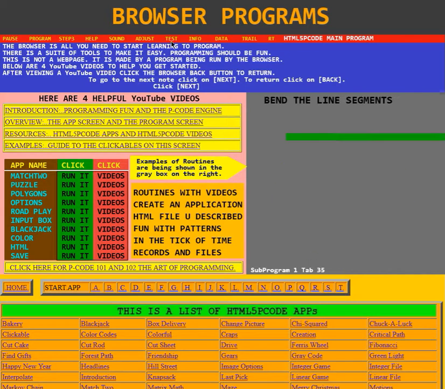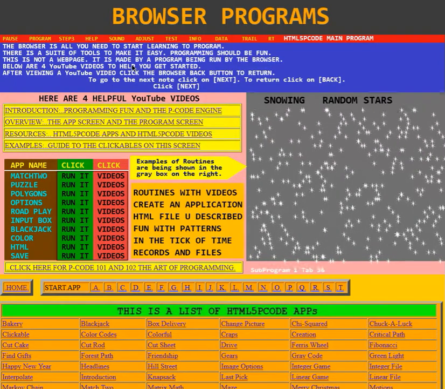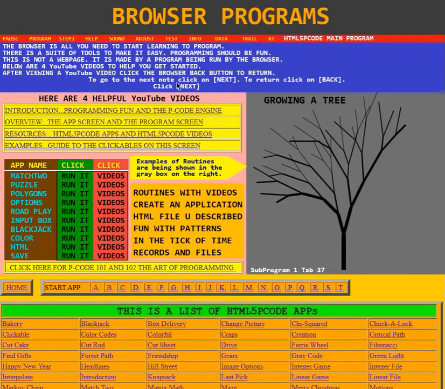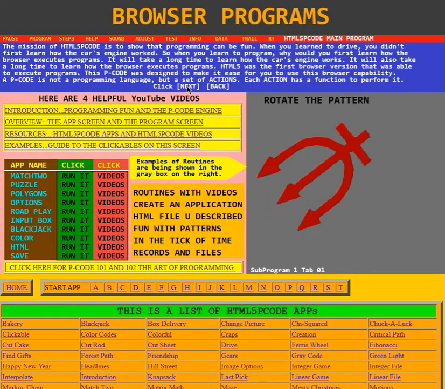Next, there's a red stripe that has options for the programmer. Below that is the blue note box that has instructions about running the particular application. If there's additional information needed, it'll have a next at the bottom, and you can click on next and you'll